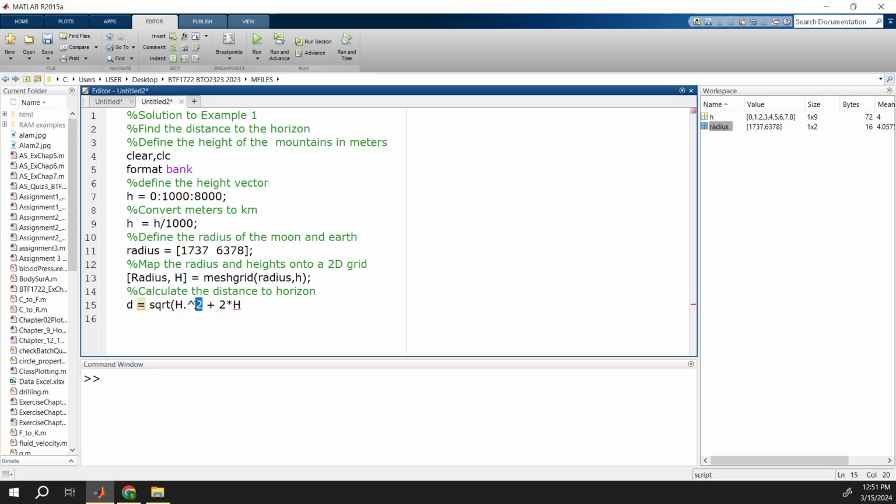If you want to do power of 2 or power of 3, you need to enter the dot operator before you write the operator symbol. Then 2 multiply with h. For this one I don't need to use the dot operator because the operation is between a vector and a scalar. Dot multiplication operator. This is the new variable name. Close,